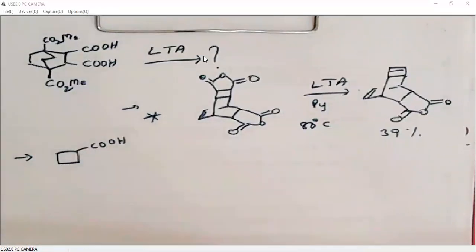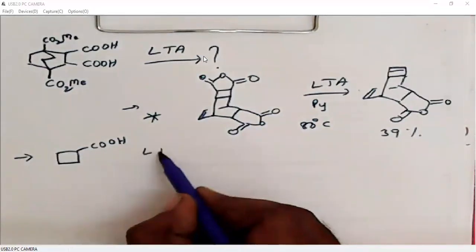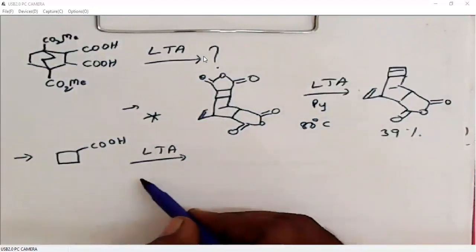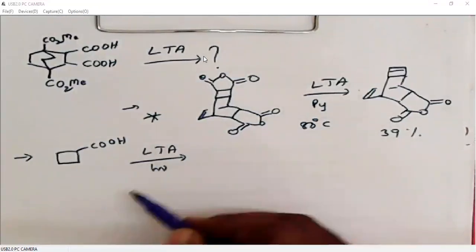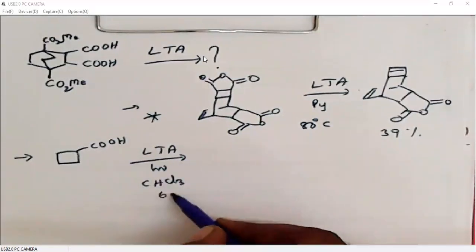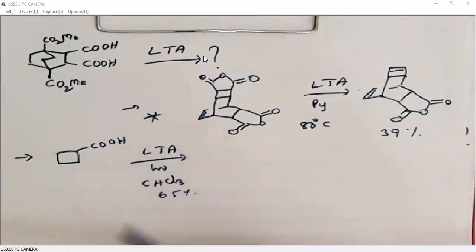In the previous examples, we were discussing the double decarboxylation. But in this case, we can do mono decarboxylation, but it is under a different condition. It should be under photochemical conditions. What is hν? hν represents photochemical conditions. What is a photochemical reaction? We do the reaction in the presence of light with a particular wavelength. Most of the reactions will be done under UV light.